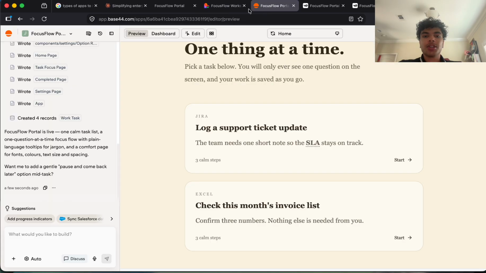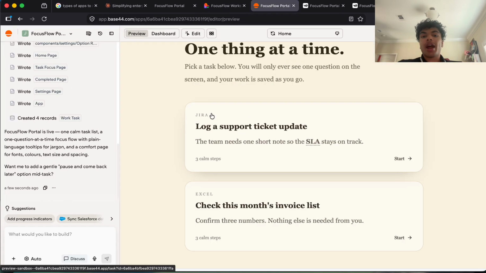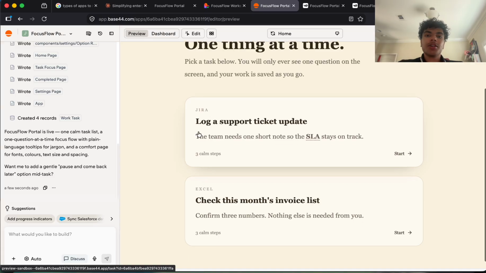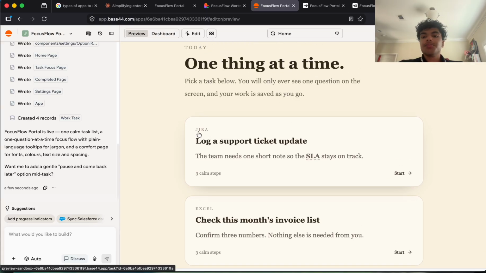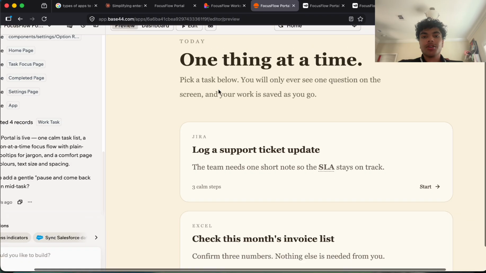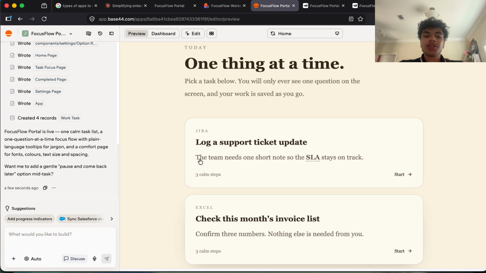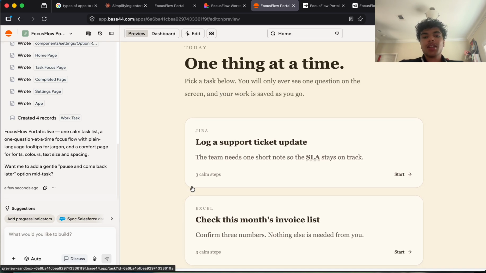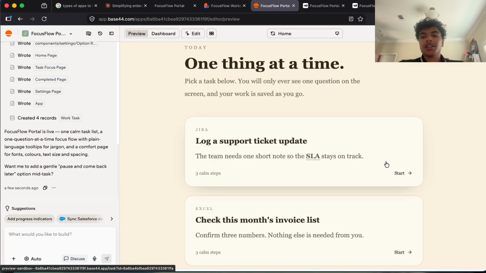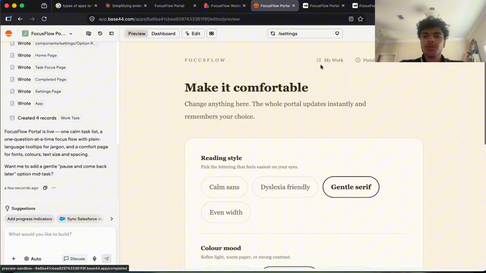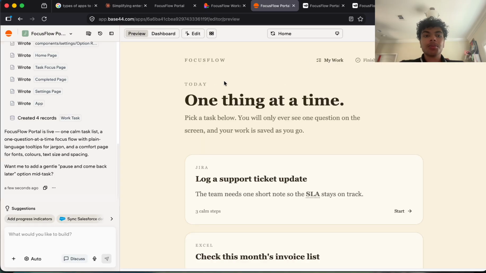If you'd like to make an app with that, you can do that too for whatever app you're trying to make, whether that's fitness related, health related, related to your work or your workload at home, productivity, anything related to that. You can ask for these small changes that may seem insignificant at first, but it really adds a lasting impact on the quality of your website if you're to make one with these AI tools that I'm recommending to you guys. So yeah, this is a really nice tool and website that Base44 was able to make for us,